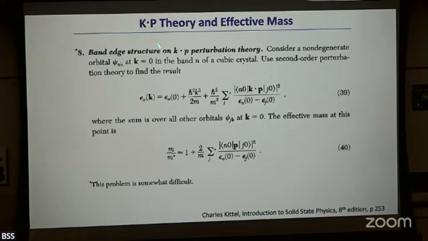But the whole idea is basically k dot p theory, which is well known. If you apply k dot p theory for any Bloch electrons, you can show that, as in this problem setting, the energies, or dispersion, of the Bloch electron, if I know them at k equal to 0, can be written in this kind of form. You start with the second order perturbation theory applied to the Bloch Hamiltonian, and you can show this. Not easily, but you can show this, right?